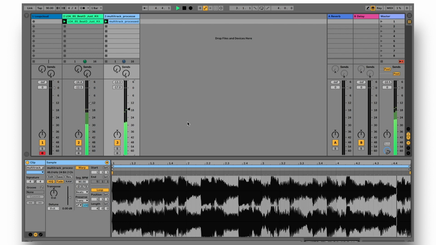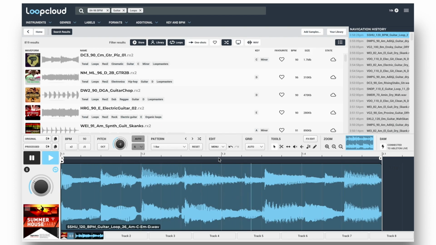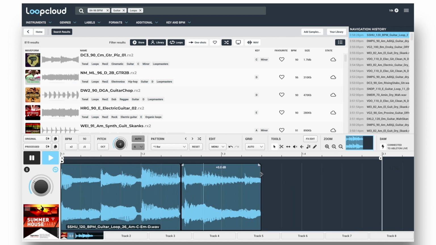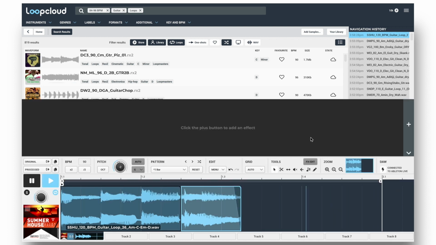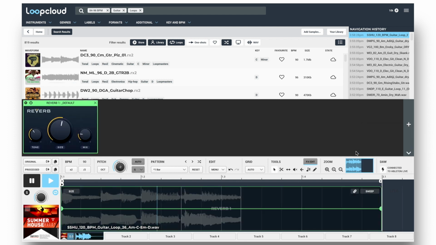Another superb feature in the editor is the ability to automate any of the effects. So with this different guitar sample now, I'm just going to make a couple of edits to it first, so it ends in the first half of the bar, adding a bit of fade to that last slice too. So now it's a bit less busy at the end there. And if I add a reverb now,